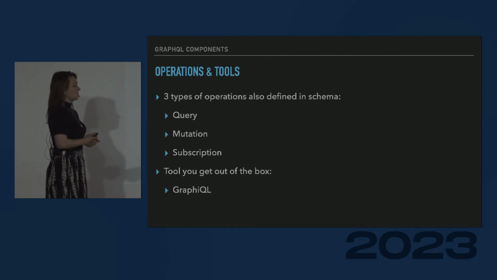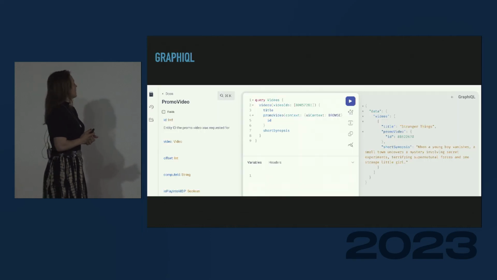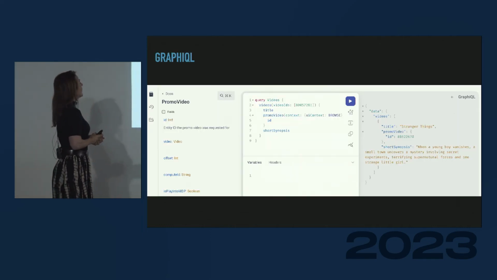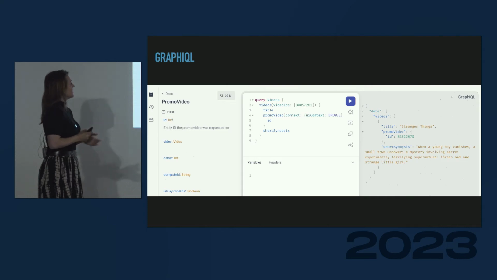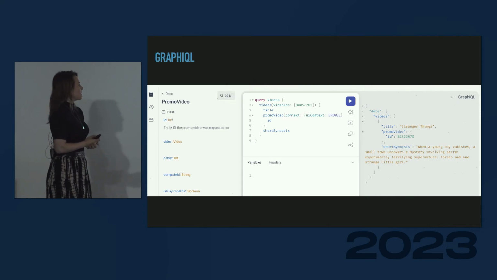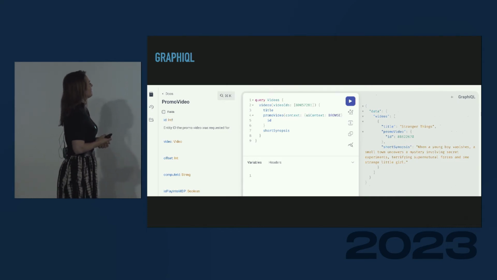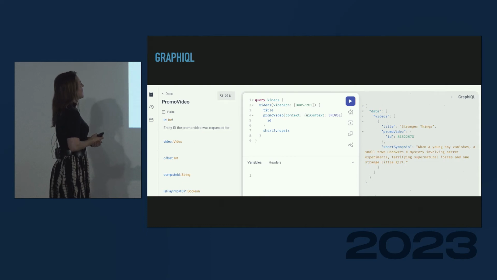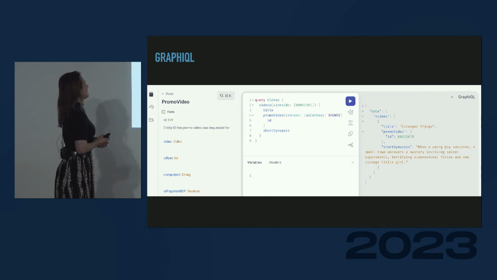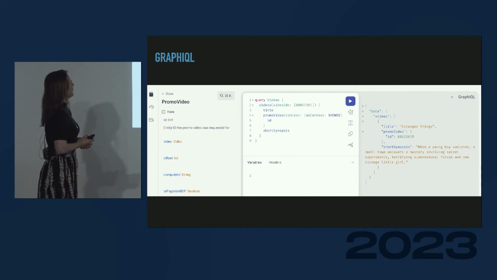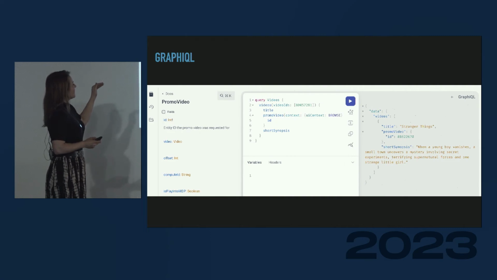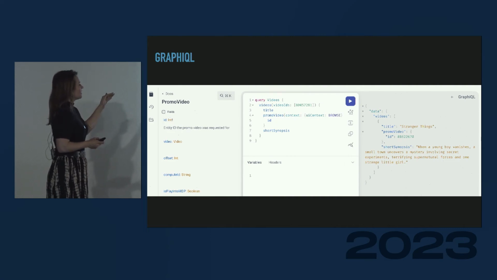And one great tool that you get out of the box with GraphQL is GraphiQL. This is how it looks. It's the integrated development environment, and you can try out your queries. In the middle, you can see that I've written a query called videos. I'm asking for a video that you might know, Stranger Things, and I'm defining the title, a promo video, and a short synopsis.